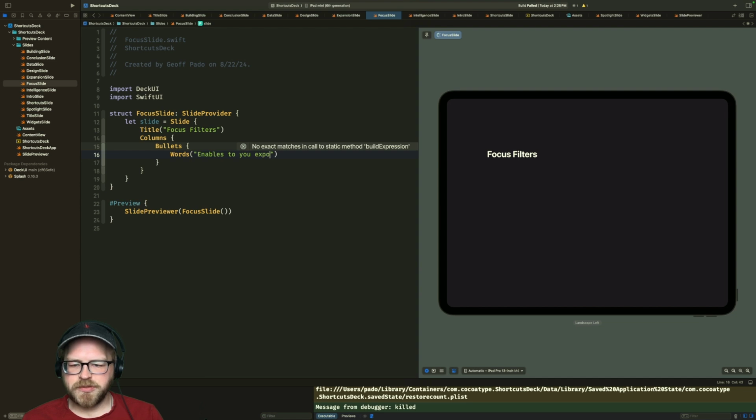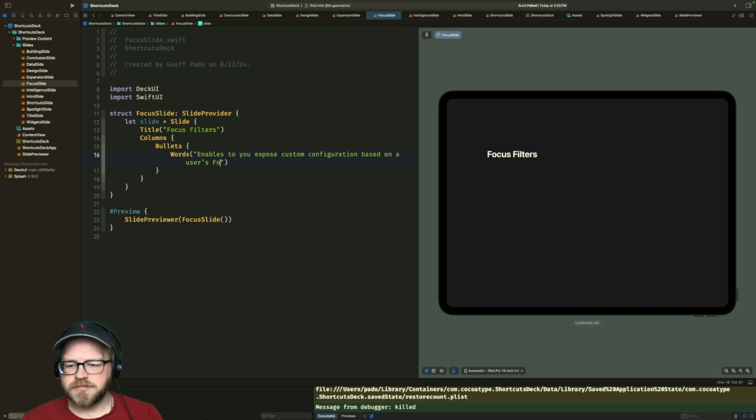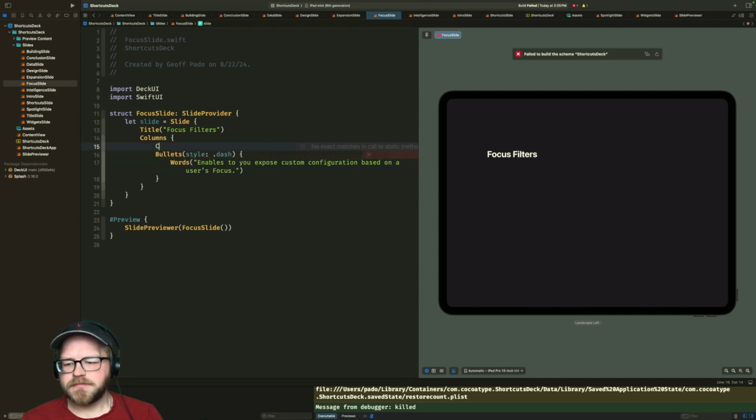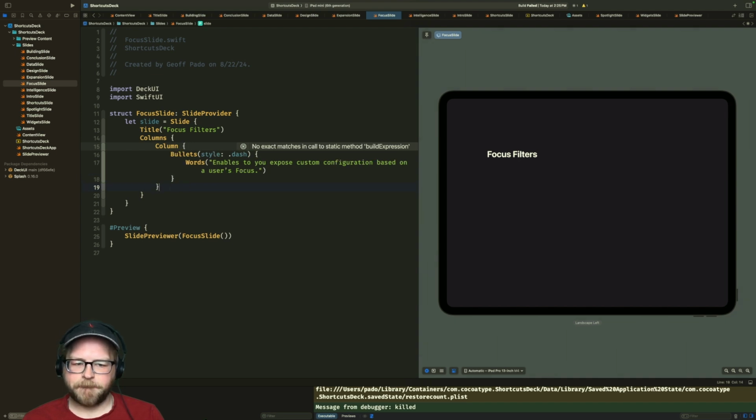It enables you to expose custom configuration based on a user's focus. What am I missing here? Same thing I'm always missing. How on earth would I have guessed that?